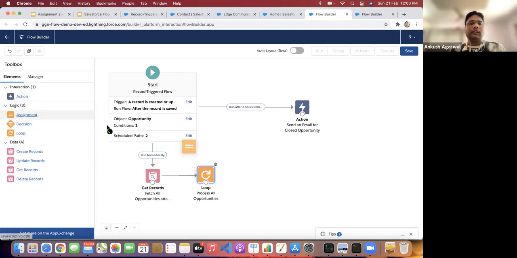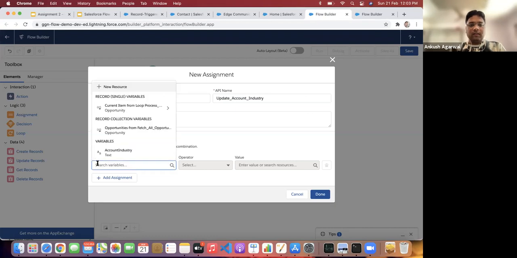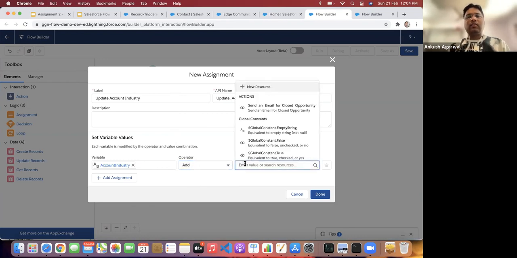Now I have to assign. So what I have to do, I have to update account industry. The account industry will be account industry, and I am not equating it, I am just adding, so it will concatenate.